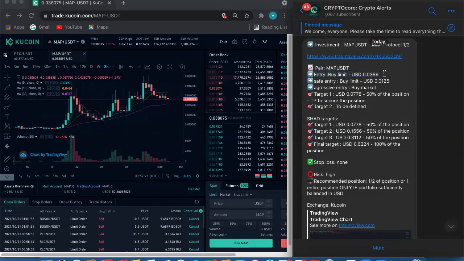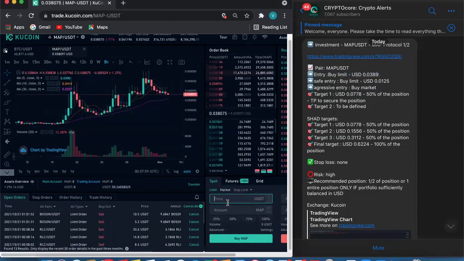We have one buy limit here, which is the entry that the trader takes typically. The expert that issued this alert takes this buy limit order typically. An even safer entry at 1.25 cents USD per coin of MAP is an even lower entry point. So if you're a less risky, more conservative trader, you would want to take a lower price entry. So you're going to be placing a buy limit like this, and you're basically going to say,